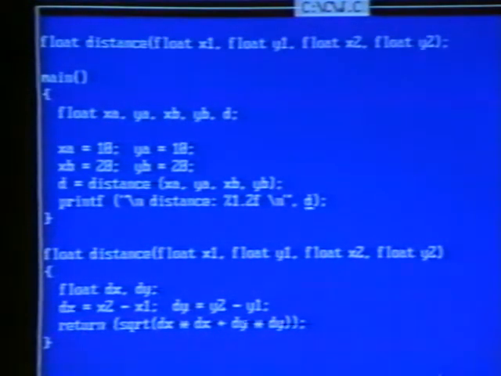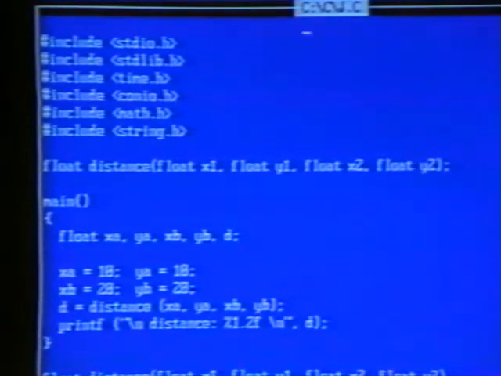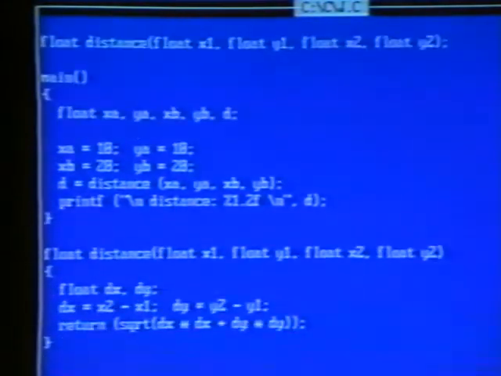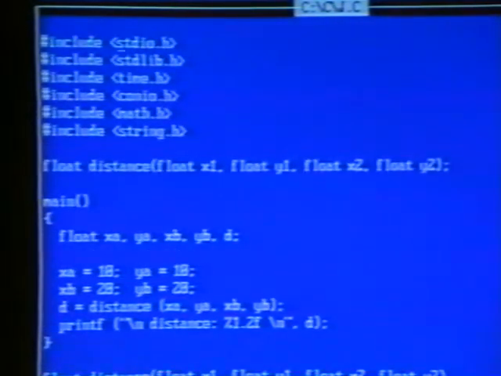We mentioned before that you should always have the include statements in your file. Here we have the include math.h. This is the file that declares or contains a prototype for the square root function. If we didn't have this, the square root function would return an integer value, because that's what it defaults to. If we remove this statement from the program